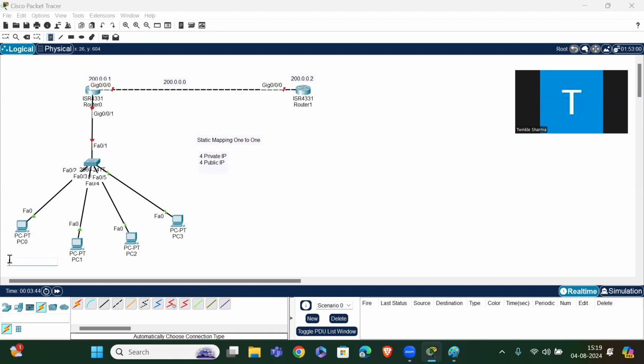And the private IPs: 192.168.10.2, 192.168.10.3, 192.168.10.4, 192.168.10.5.